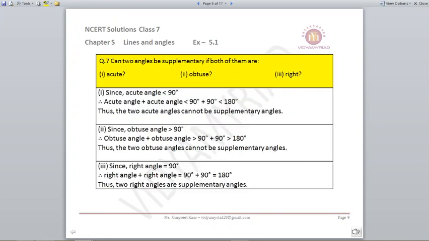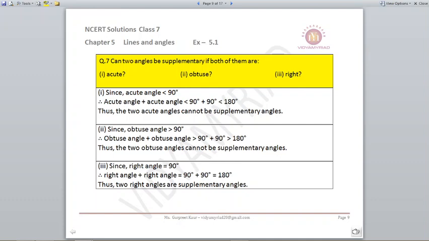Can two angles be supplementary if both of them are acute, obtuse or right? Now, let's take the first example here. An acute angle means it should be less than 90 degrees. An obtuse angle means it should be more than 90 degrees, and a right angle means 90 degrees. Now, as per supplementary angles, their sum should be equal to 180 degrees. Now to be very clear, it will be 180 degrees if I do 90 plus 90,